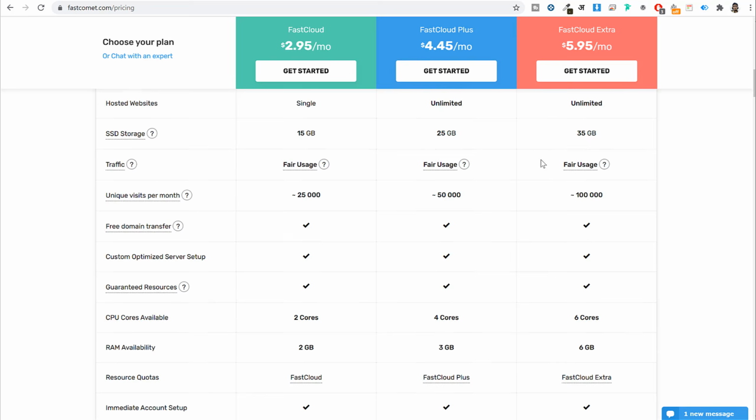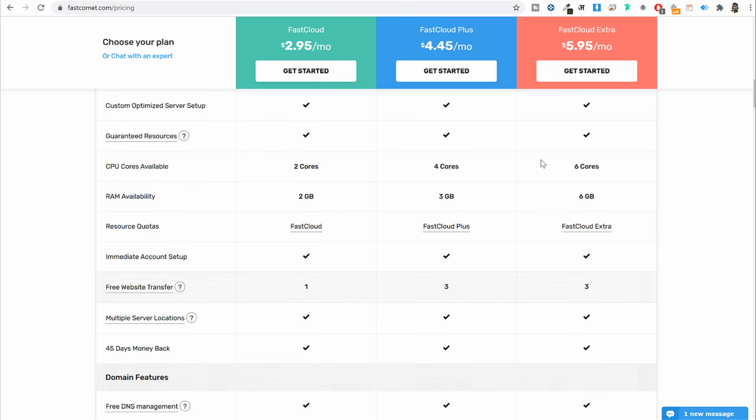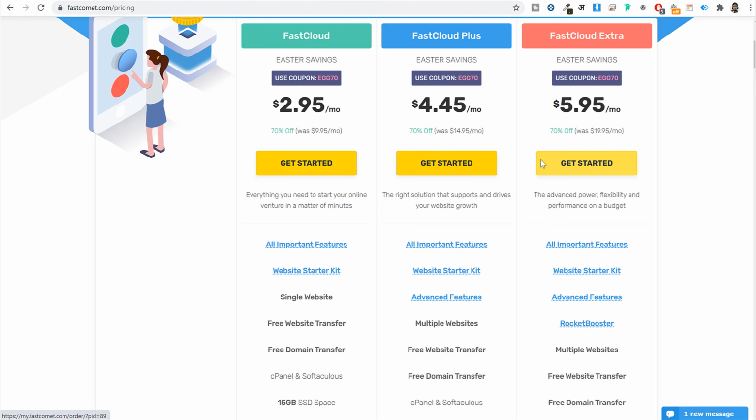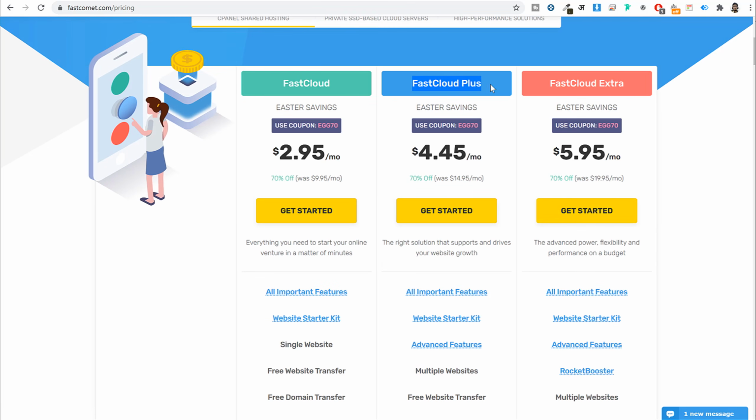Now after that, if you see there are some more features, if you scroll down, you can read up more about them, but I don't want to waste a lot of time over here. As I said earlier, for most of you guys, I would recommend you to start with the Plus plan. So simply select this plan and click on this Get Started button.